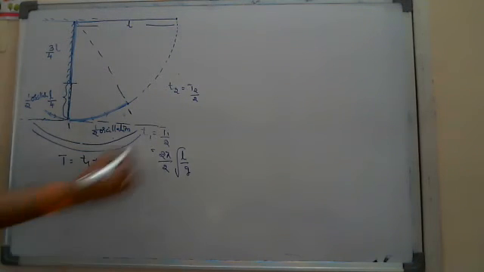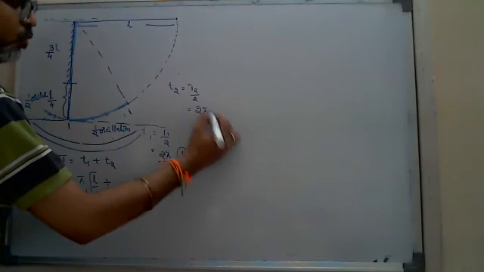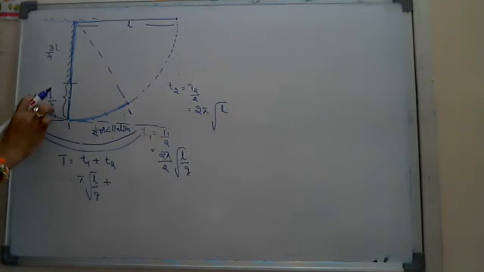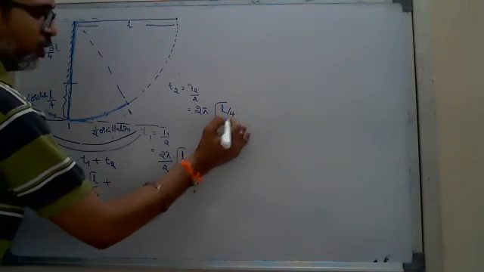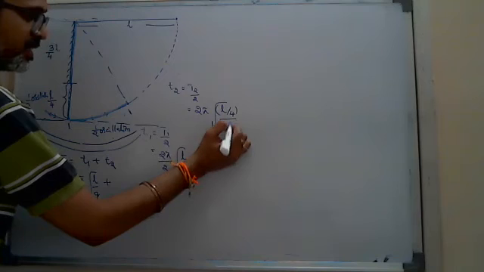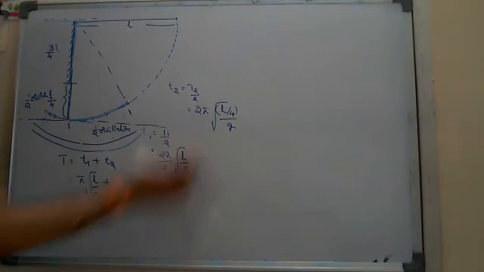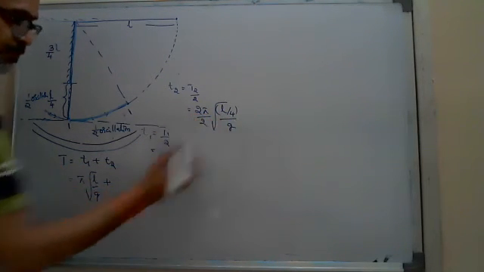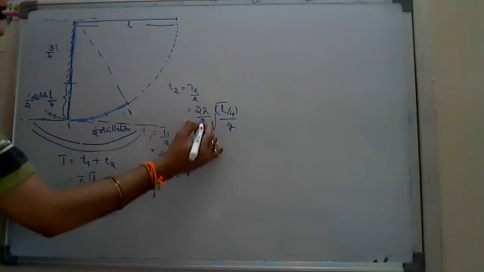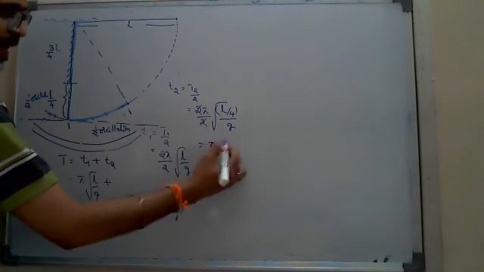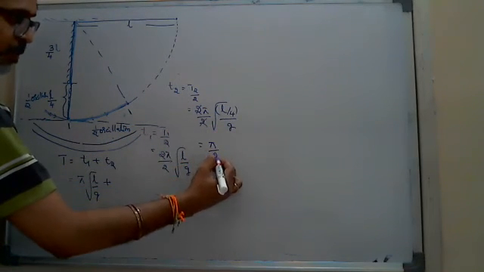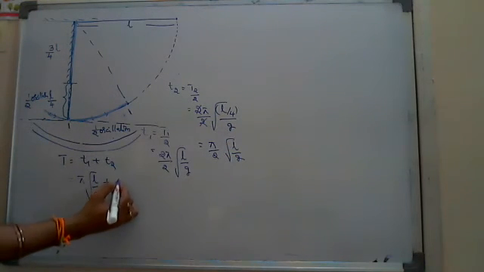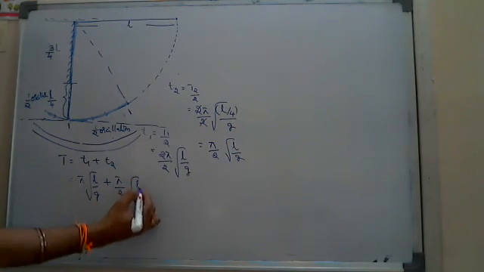Therefore that time period we write 2 pi root of L, where the length oscillating is L by 4. So L by 4, by G. Okay, so look here, if I take that by 2, T2 by 2, 2 cancel, pi by 4 if I take it out, pi by 2 root of L by G. So here I write pi by 2 into root of L by G.